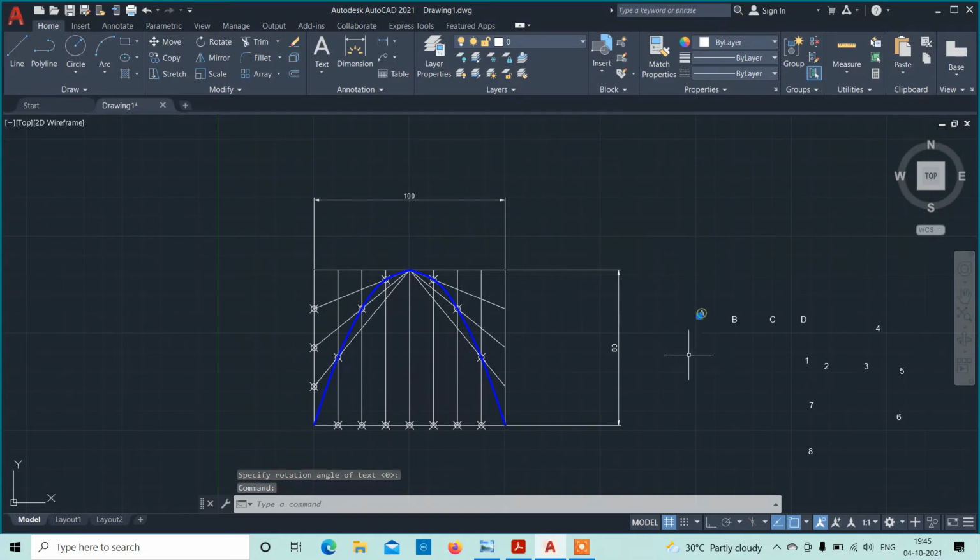So I'll just move this alphabet to each corner. Select this alphabet, give it as A, select this point and just drag it to the corner.